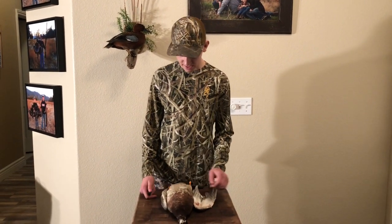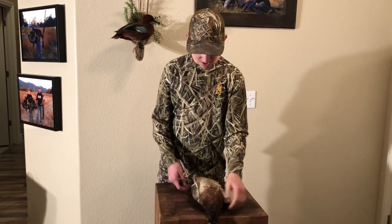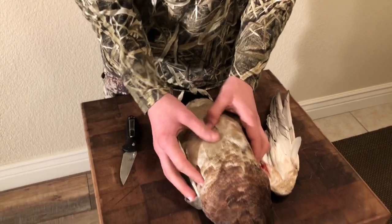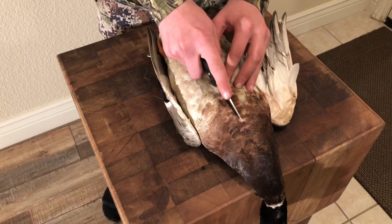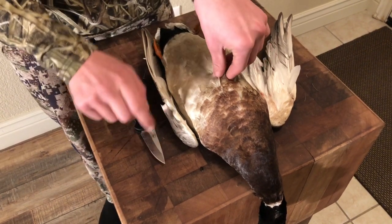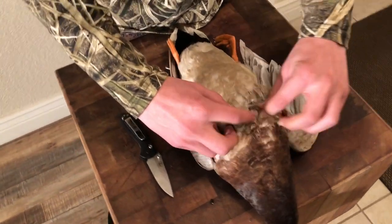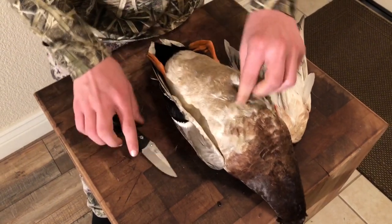Alright guys, we're going to dig into it here. It's kind of a scrawny looking little mallard, but should still eat good. So Mom, if you want to zoom up in here, I'm going to start cutting into him. If you feel right here along his chest there, you'll feel a little breastbone. I just cut right on there. I just make a small cut, just enough to pierce the skin. Then I try to find it here, and I grab it and tear until I can get it kind of open right there. Then I just peel it on back